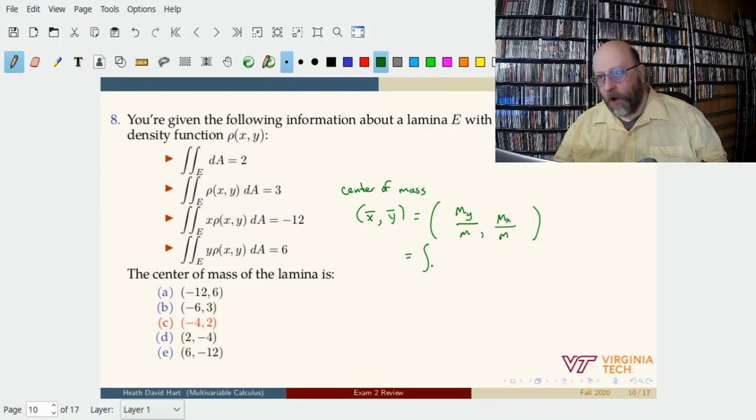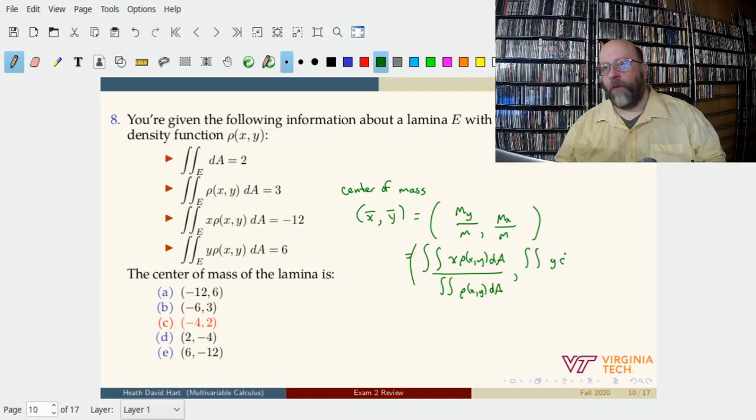But My is the integral we get when we multiply x times the density function. And m is what we get when we just integrate the density function. And then Mx is the integral we get when we multiply y times the density function